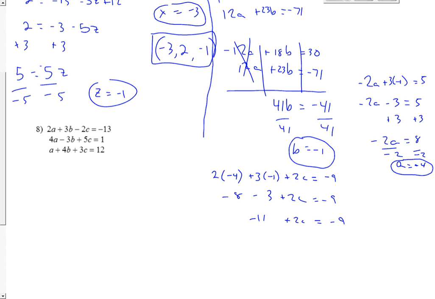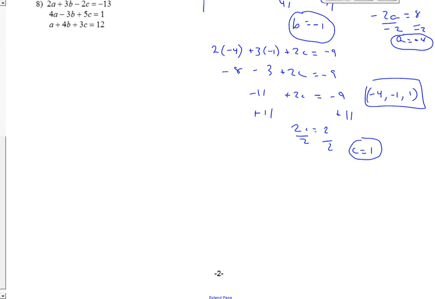Now I'm going to add 11 to both sides, and I get 2c equals 2. So you divide by 2 and get c equals 1. So I have my 3 variables. So my ordered triple is negative 4, negative 1, and 1. All right,